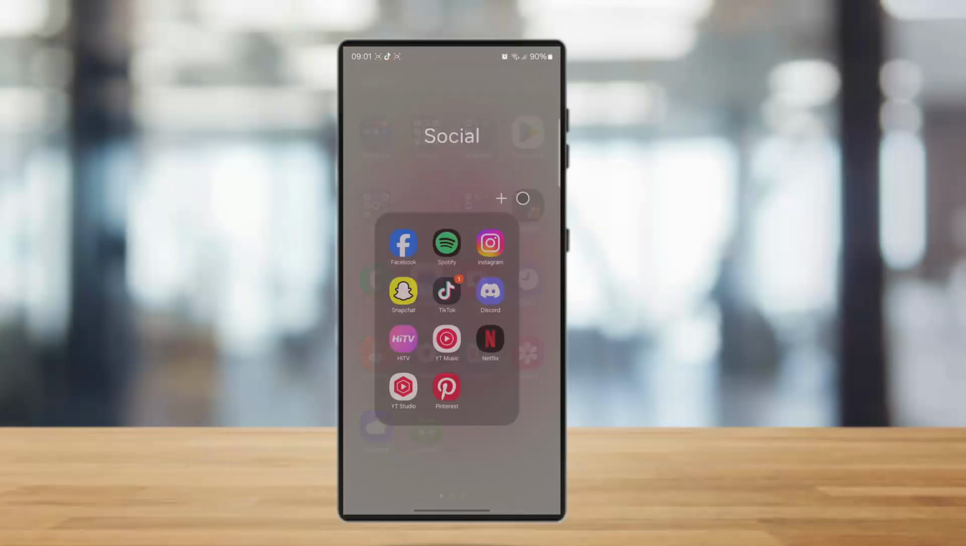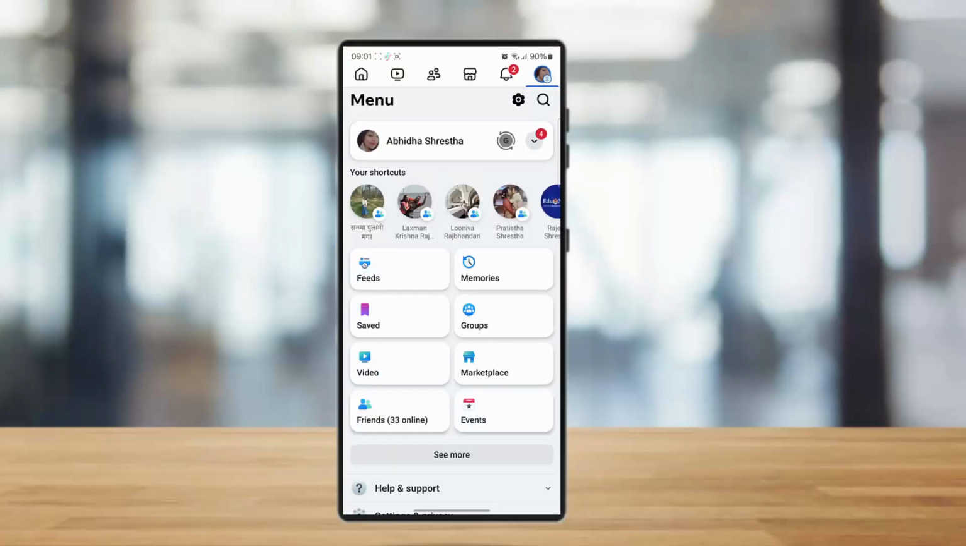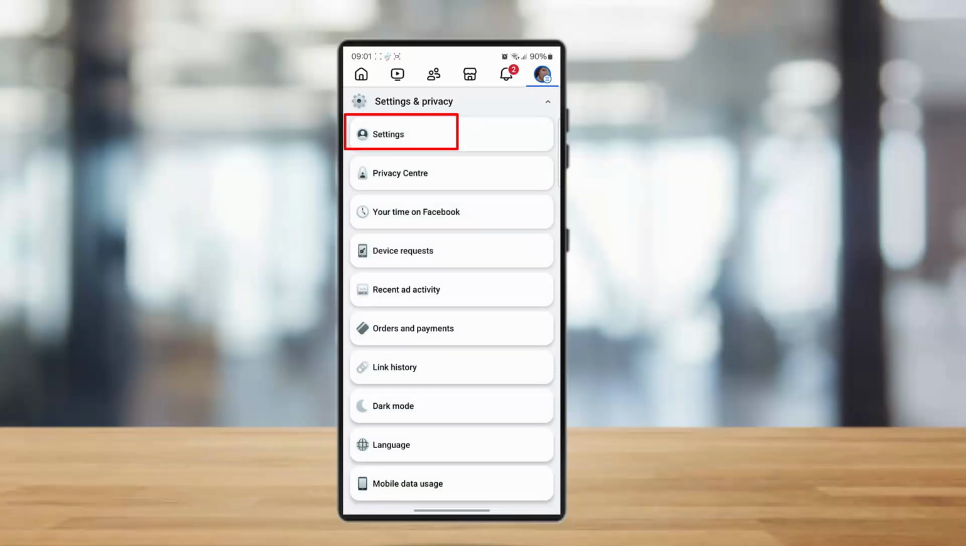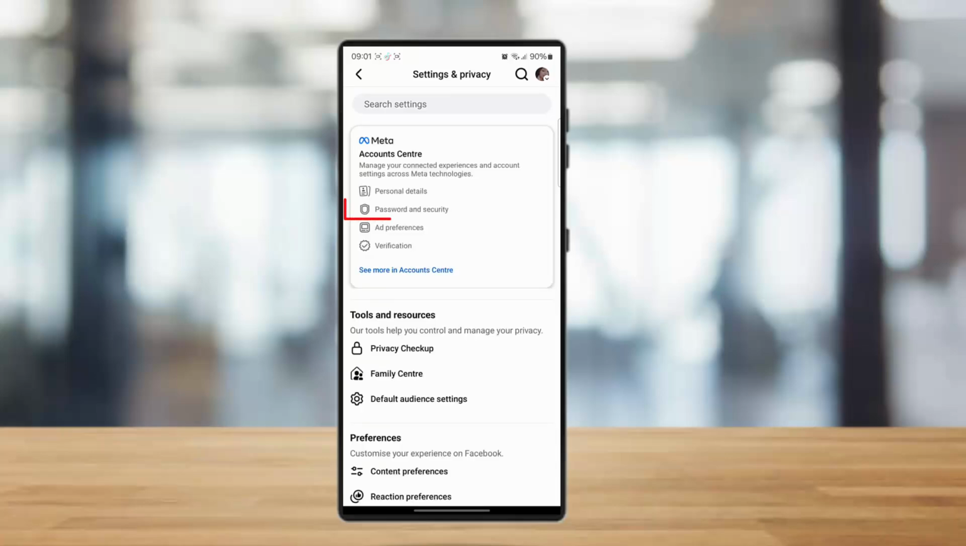So for this, simply open your Facebook app, and once you open it, go to your profile. Once you're here, simply scroll down and tap on settings and privacy. Then simply tap on the settings tab, and once you do this, you will end up in this kind of